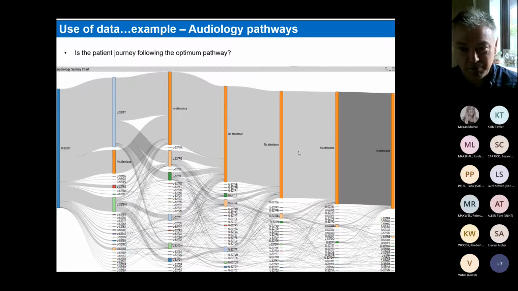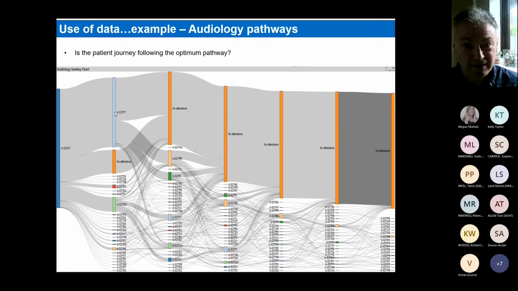Each one of these blocks across is an attendance by a patient. Patients come into this assessment clinic, the U27DY on the far left, and then are supposed to go to a fitting clinic, or possibly a DWAX clinic, and then a fitting clinic, and after that they're supposed to have an outpatient appointment once a year. And this data was showing over the last 5 years how many patients we had come in for an